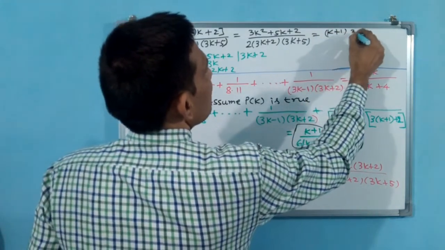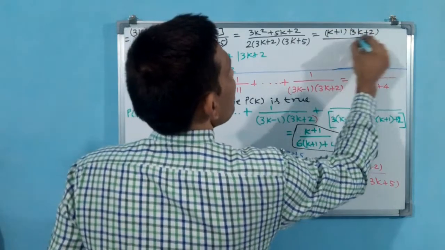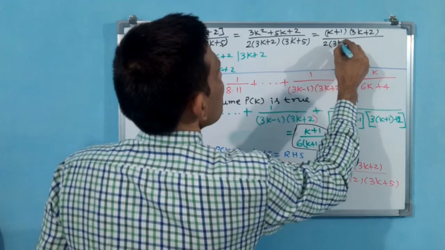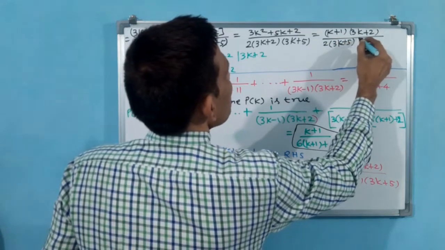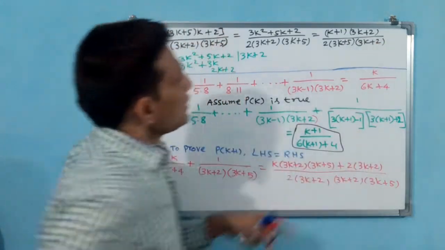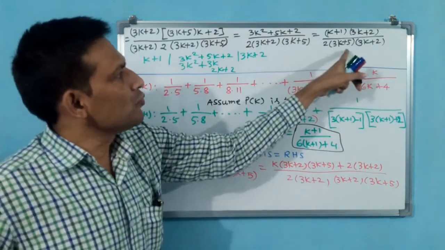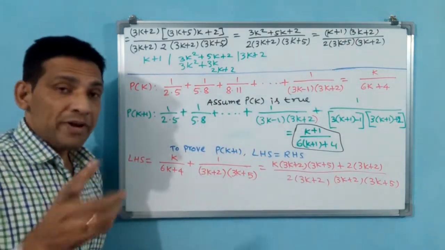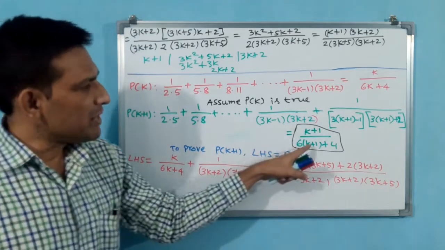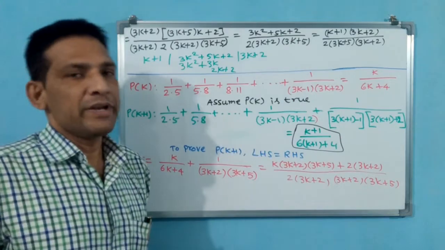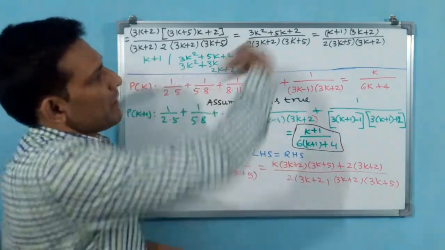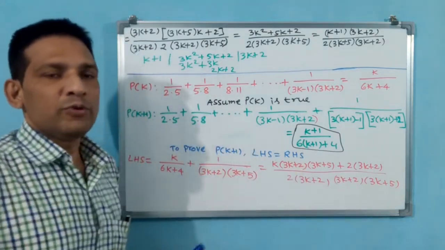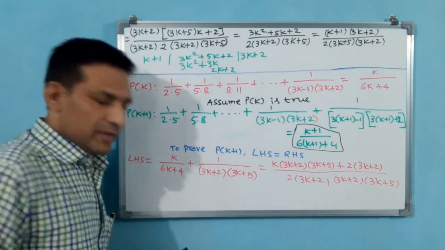k plus 1 into 3k plus 2 divided by, last you take 2 into 3k plus 5 into 3k plus 2. You see now 3k plus 2, 3k plus 2 you cancel out, and 6k plus 10 is going to come. k plus 1 by 6k plus 10. The answer has come. So how has it come? Because by seeing RHS you have proceeded. That is very important. If you don't see RHS blindly, if you do the quadratic equation, not knowing the desired result, you are not going to proceed further in a proper way.